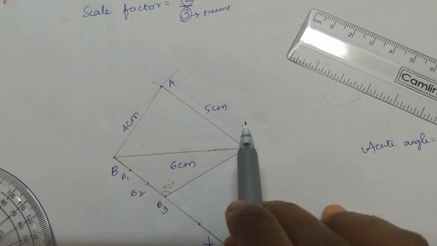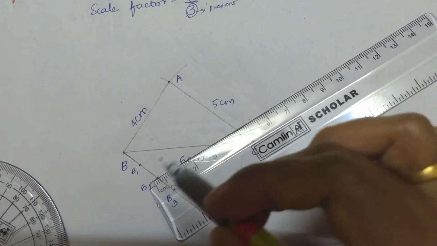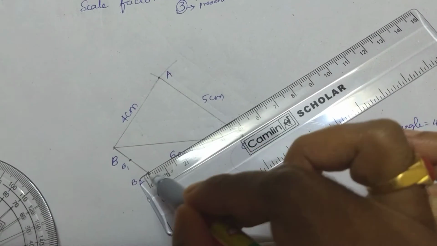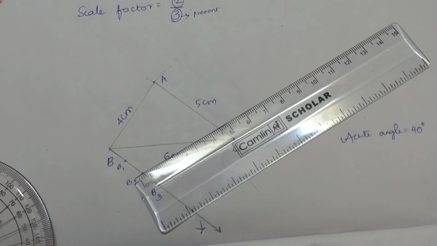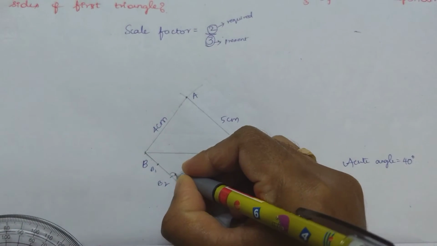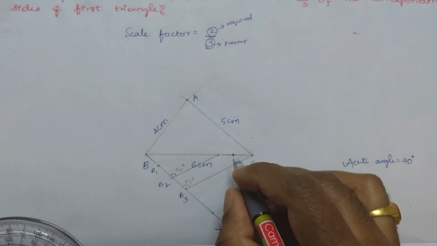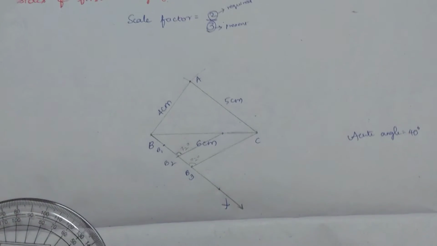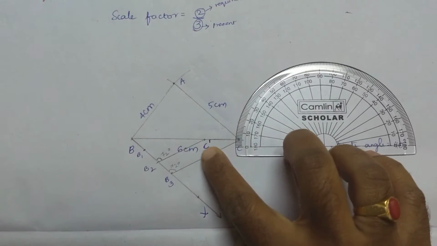From B2, I have plotted the point here, right? From B2, see that these 2 points are equal. From B2, draw a line till BC such that this line meets BC at C dash. Do that now. Yes. So here from B2 I have drawn a line parallel to B3C. Parallel means what? It should make the same angle. So let this line intersect BC at C dash. Let's write that point as C dash. I have plotted that point as C dash.